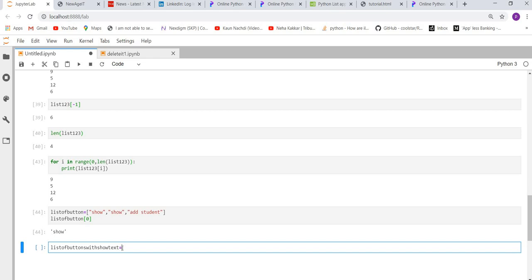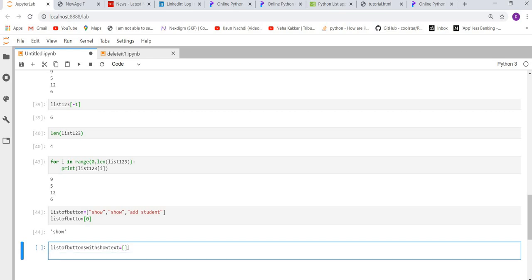How would we do that? We'll iterate through the above list. Iterating means we'll go through each and every element. We'll check if the element's text is show. If it is show, we will add it to the list of buttons with show text. As of now, we are assigning it a null or empty value, so this particular list is empty.